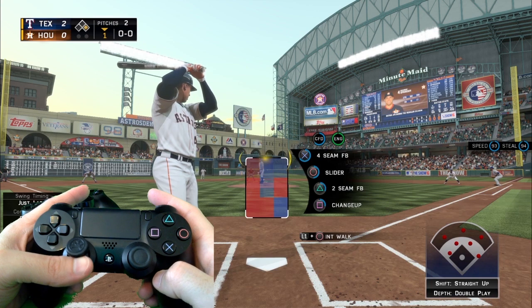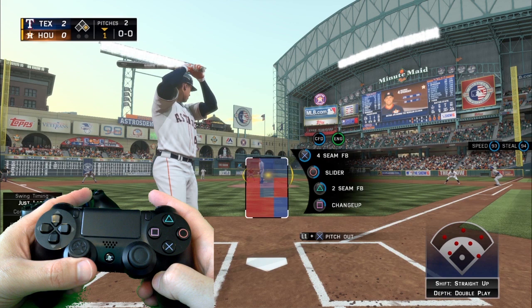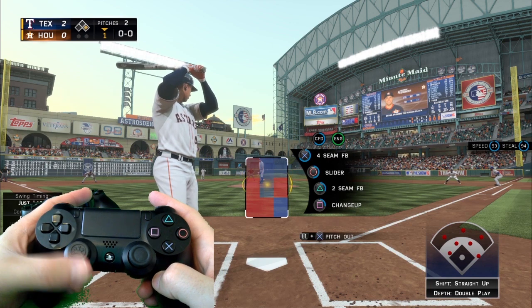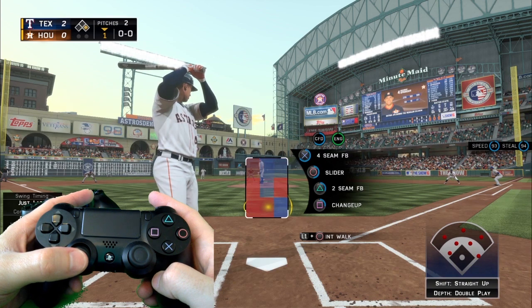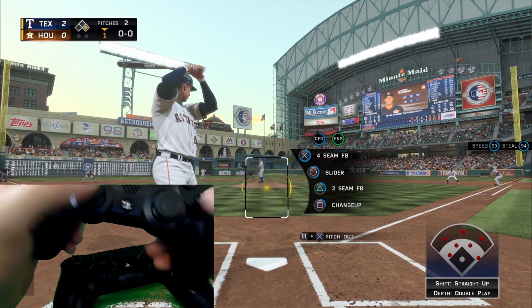I've got to cover a little more of the plate. You don't want the zone way up here, though, and you don't want it down here. You kind of want to keep it in the middle of your upper third, right in the middle of your middle third, and then right about here for your lower third. So once again, let's try throwing a high fastball to George Springer, who's got some cold zones up there. We'll see what